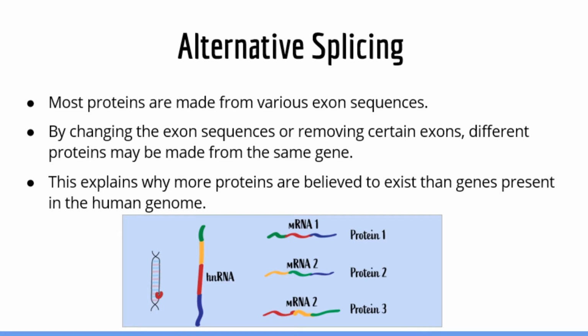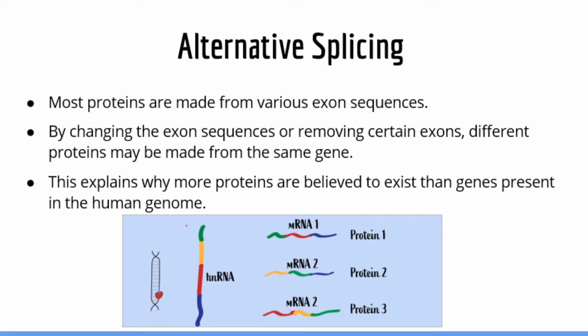Another important characteristic of transcription that I want to introduce you to is called alternative splicing. Now, most proteins are made from mRNA transcripts which contain a sequence of exons. By changing the order of exons or removing certain exons, different proteins can be made from a single gene product. So for example, the gene on the illustration could produce 3 different proteins based on how the hnRNA or immature